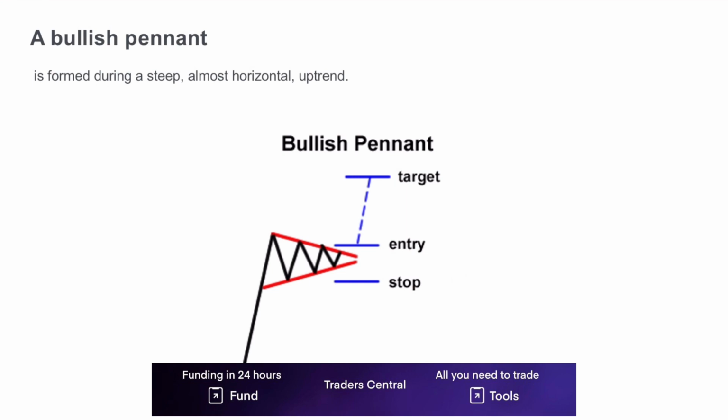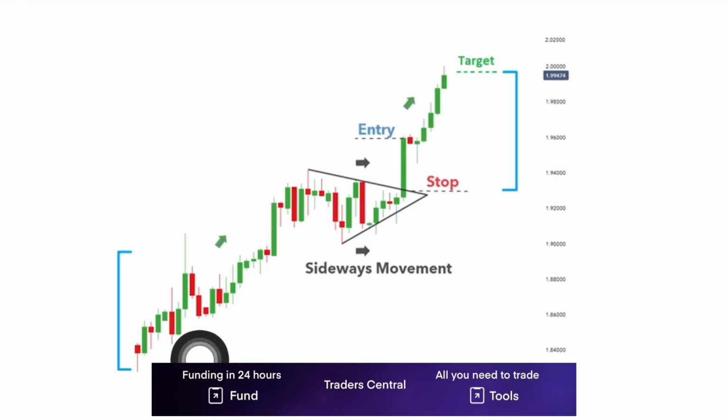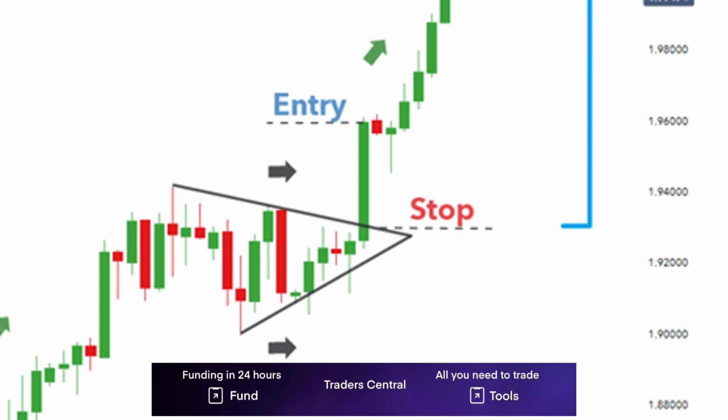A bullish pennant is also a continuation chart pattern. Most times it appears when you have that extreme uptrend, like a steep uptrend. As you can see, this is that uptrend, then we have the market consolidating, but in this way it consolidates and gives us a structure of a W. A W just means the market has to go up. So all you have to do is draw out your triangle, which is the bullish pennant, and then wait for the breakout. Guys, as I told you, every time you see a big candle broke out,